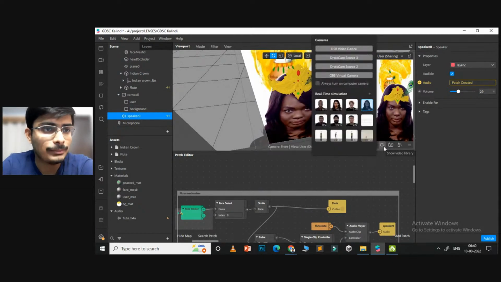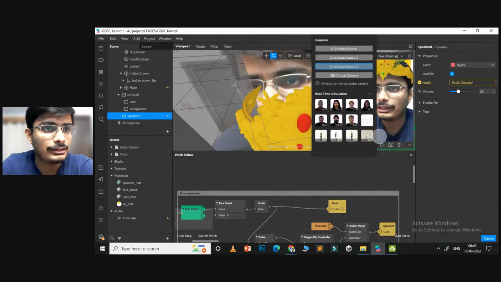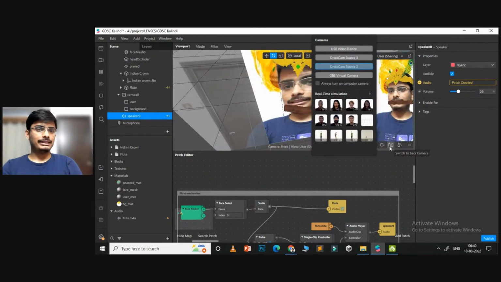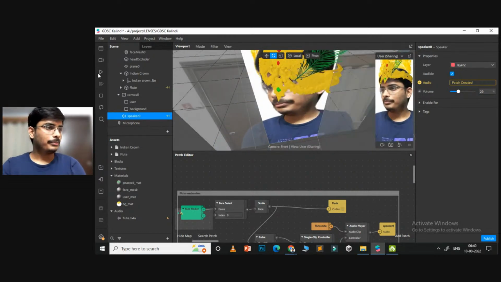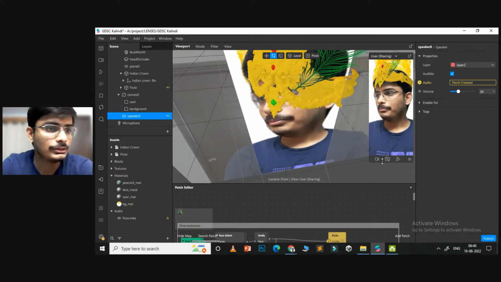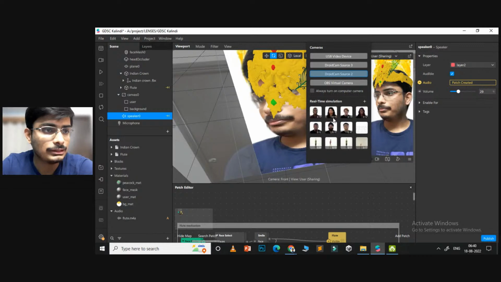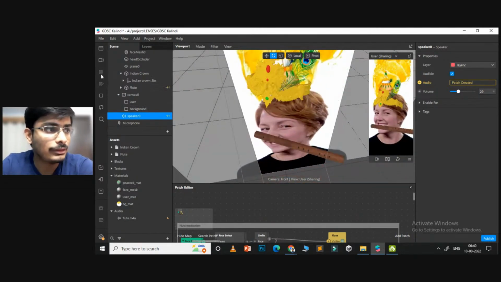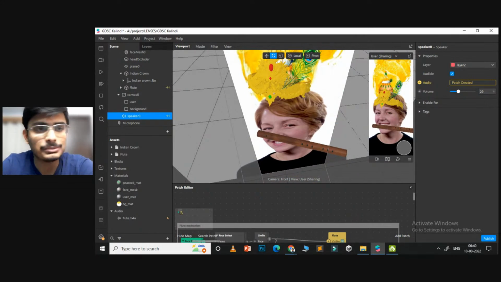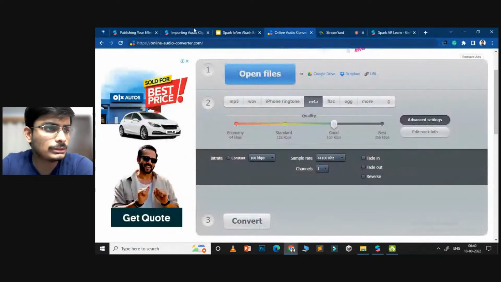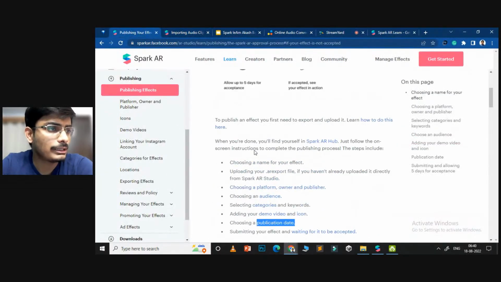Great. So this is a complete AR effect that we have created. Now we'll go ahead with the second step of publishing it, so that we can share this effect with users, your friends, and you can make it public for anyone on the Facebook and Instagram platform to use it. Now, before publishing it, we'll go through some of the policies that Spark AR